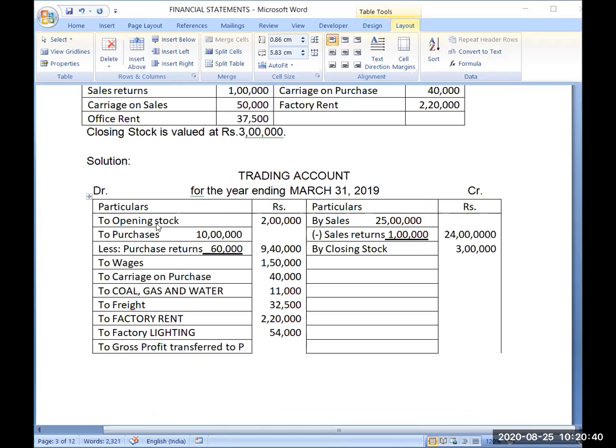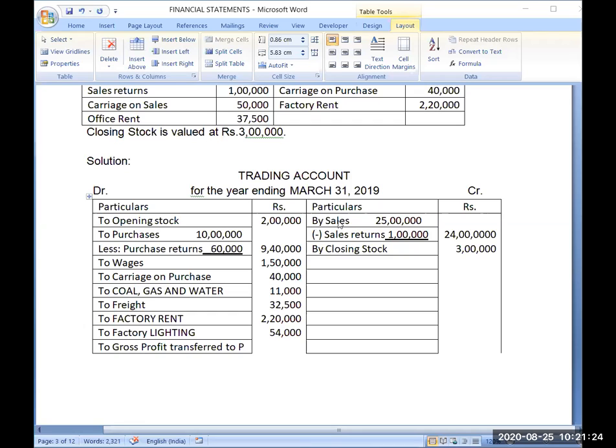There is no such compulsion in the case of proprietorship accounts. But presentation-wise, it looks odd if you are writing opening stock in some later part. So we need opening stock in the beginning. Then afterwards purchases should be there, less purchase return should be there. So it is not possible to change it. But if somehow you miss these things, then you can write them somewhere else on the debit side. But purchase minus purchase return will be presented like this only. You cannot write purchase return here and purchase here. That I cannot do. Same here, only 3 accounts are there.